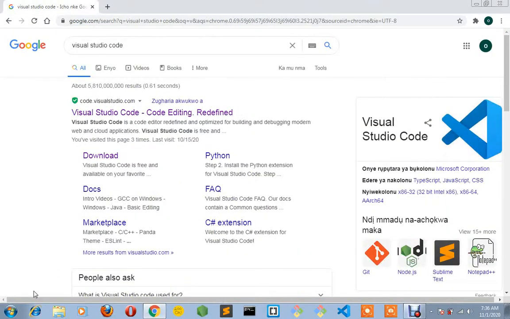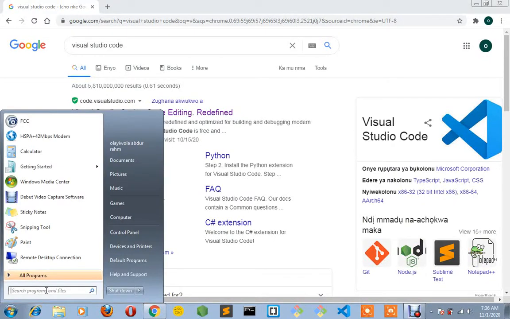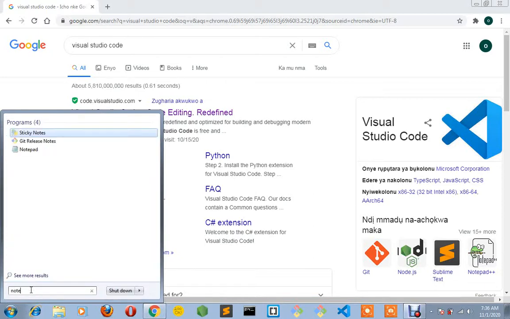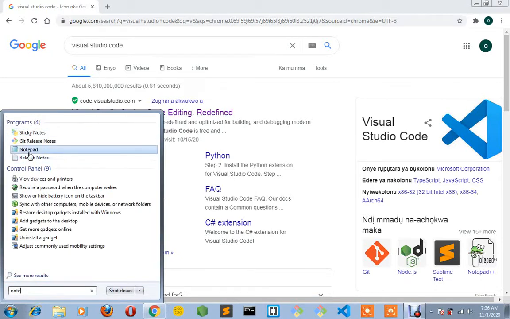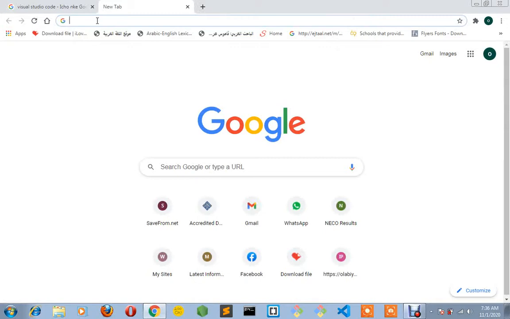You can use Notepad. Just go to your start menu and then type Notepad. So you're gonna see Notepad here. So Notepad is here, you're gonna see it. Or you can use an online editor like